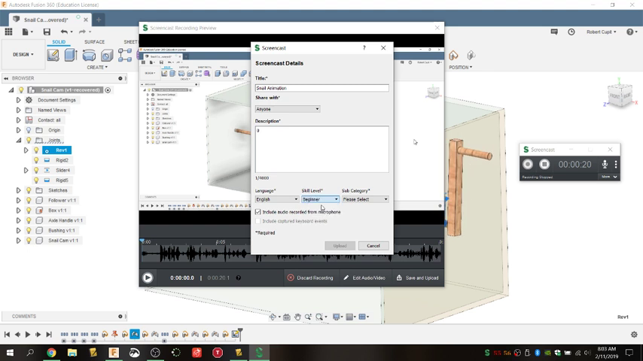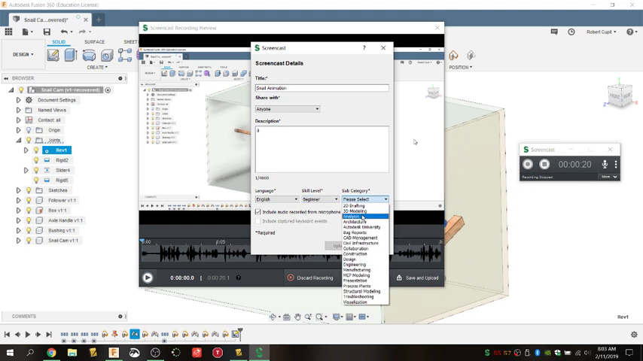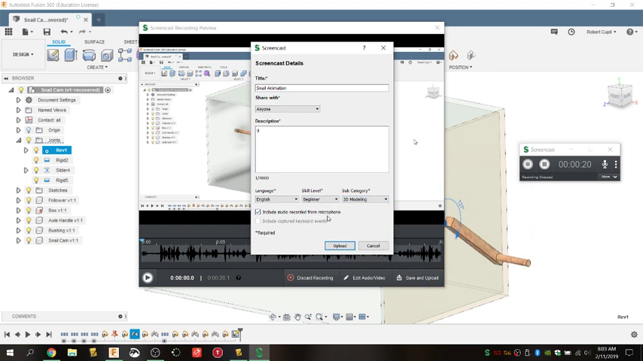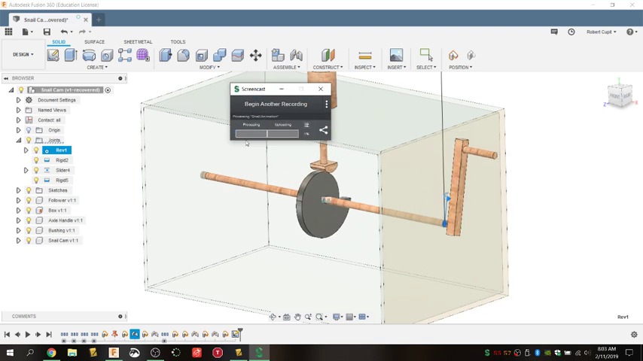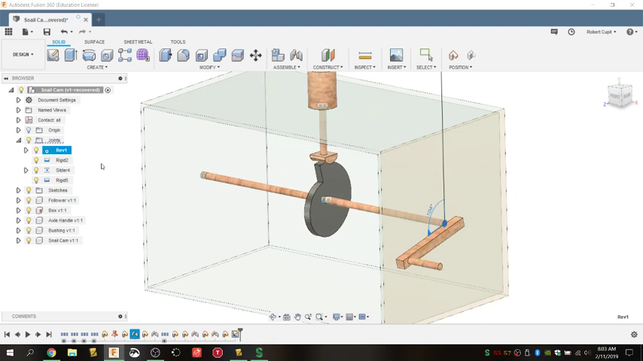Obviously leave it under English, beginner, 3D modeling. It really doesn't matter what you put in here. I am not going to include any audio recorded from a microphone. You press upload. Now it seems, like I said, that this thing is going to go relatively fast, but it's